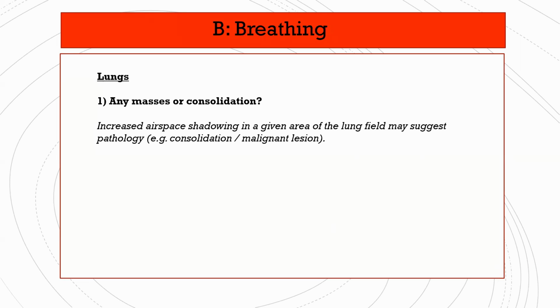Right, so we've done airways. Airways was trachea, bronchi, and the hilum, okay? That's A. Now let's move on to B. B is breathing. And here we're gonna look at the lungs, very easy. The lungs is this whole space, and we don't talk about lobes when we look at an X-ray. We talk about